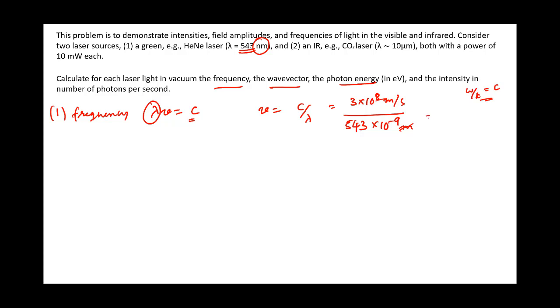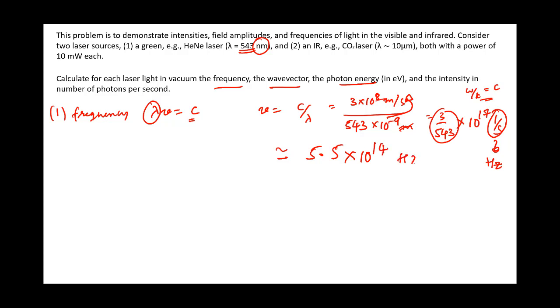So that would give you 3 by 543 times 10 to the power minus 9. When it goes to the numerator, it becomes plus 9. So you get 10 to the power 17, 1 over second, and the unit for 1 over second is hertz, right? And if you do this 3 by 543, roughly you get something like 5.5 times 10 to the power 14 hertz,